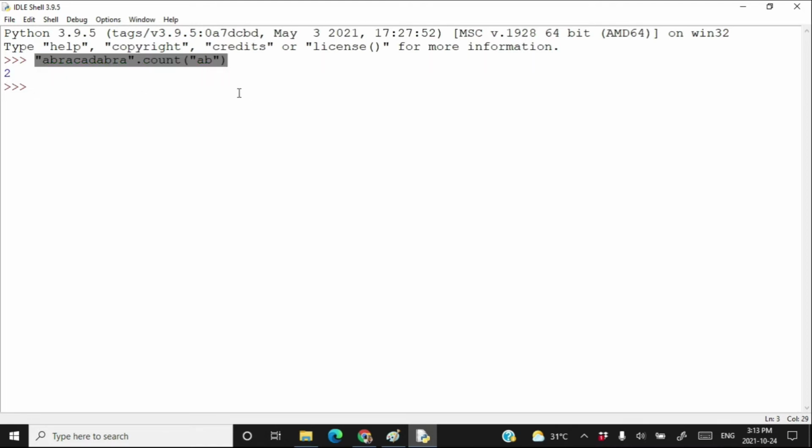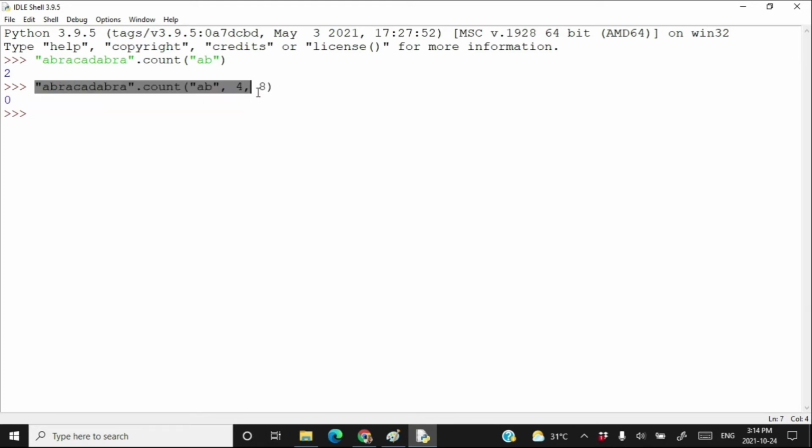Now suppose that I want to count the substring AB in abracadabra, but my range of counting is a little different than the earlier one. I want to start counting from 4 and go up to 8 minus 1, that is 7. So where is the index number 4? 0, 1, 2, 3, 4. You have to start from C, and 5, 6, 7. You have to go up to A. In this range, we do not have any substring AB, and therefore the count method will return 0.